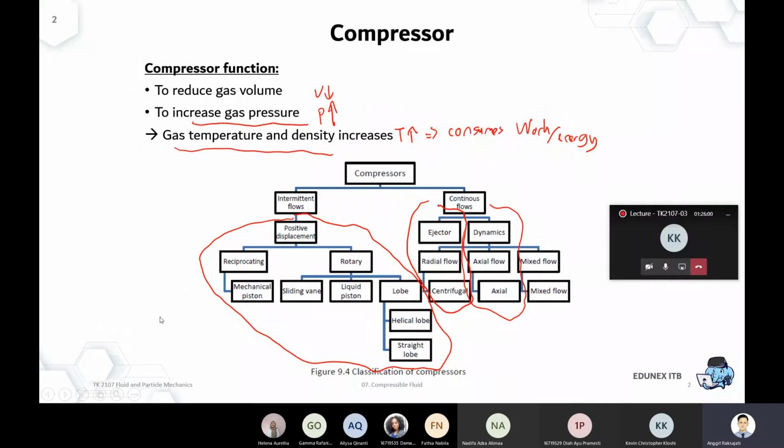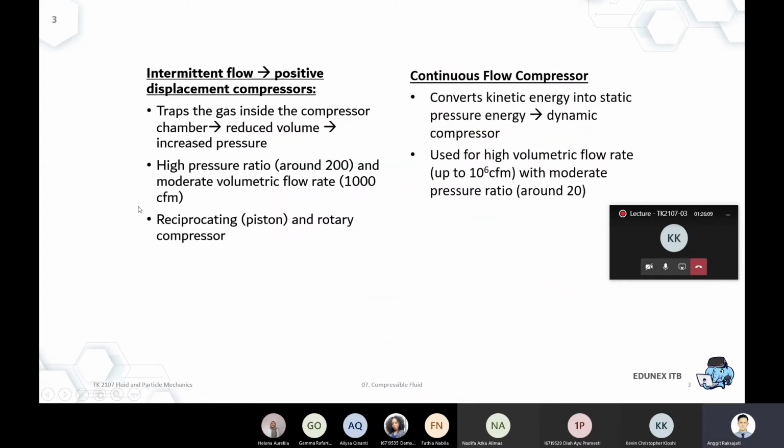So in terms of the illustration of how it works, it's very similar to the classification of a pump. Again, in terms of the performance, a lot of similarities. You have a compressor centrifugal curve, just as in the pump, but you don't have it in the positive displacement. You can use the PD compressor for high pressure ratio.